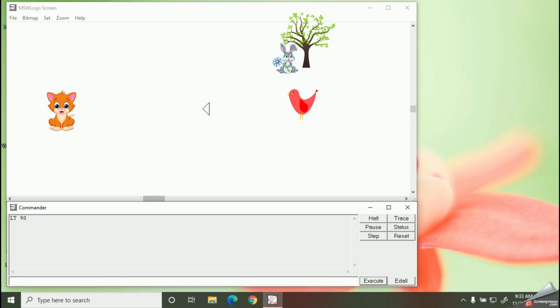Now you can use the previous picture as an example when you are typing all these angles. So you can see now my turtle has turned left side like this.